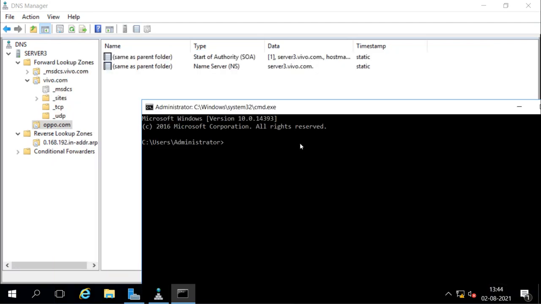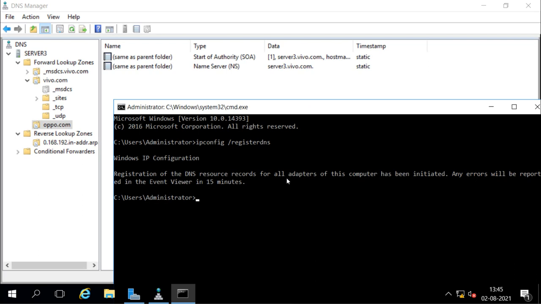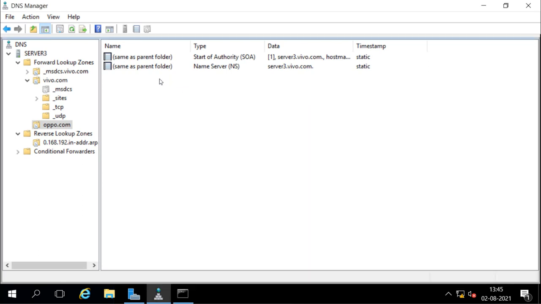Suppose the client will do it automatically, but the user can do it manually also, updating the record in DNS by using the command ipconfig /registerdns. What will this command do? It will try to register the DNS record for this system into the DNS server. Now here we don't have any record for the server 3. Now I will refresh it and it will come,